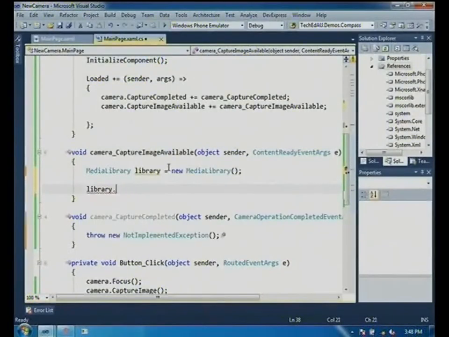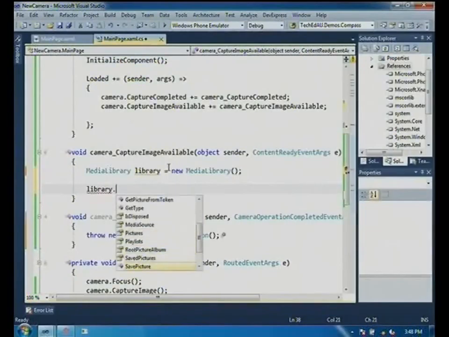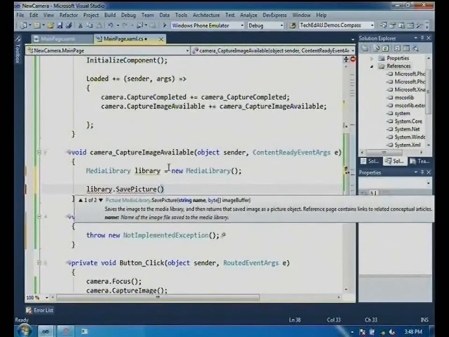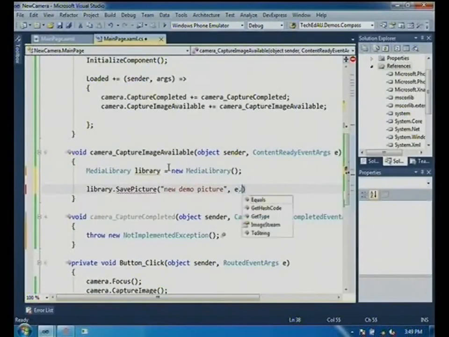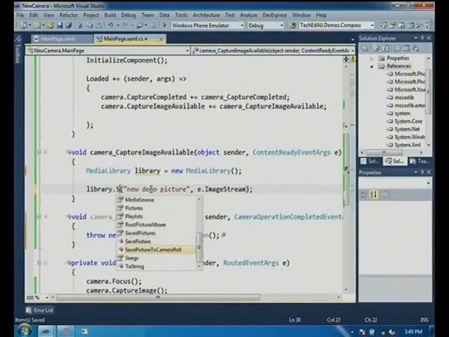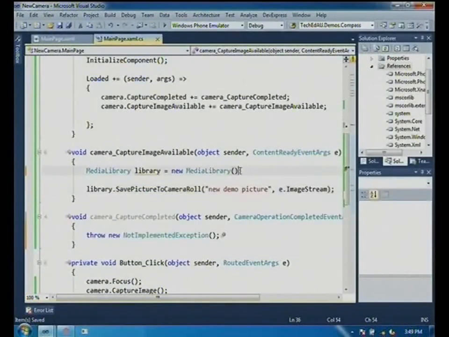It's not, actually no, sorry, it's not a collection. It's say picture. So here we specify name, and we can specify the source of the image, so image stream basically. So instead of save picture, we want save picture to camera roll. So that's going to save it to the camera roll, and that's it.